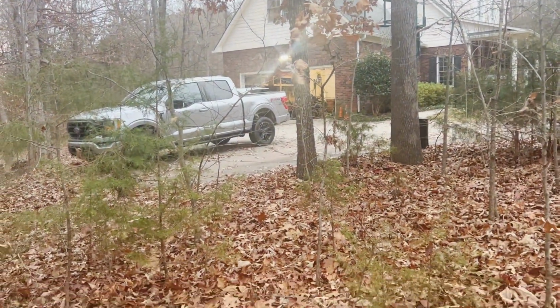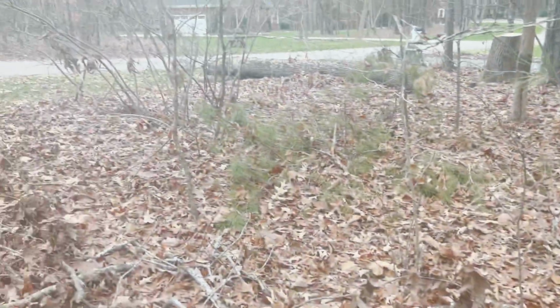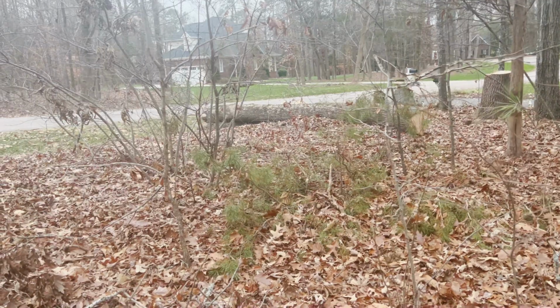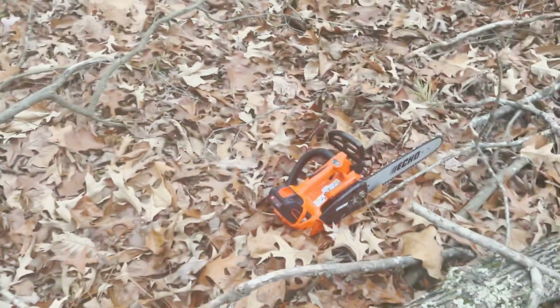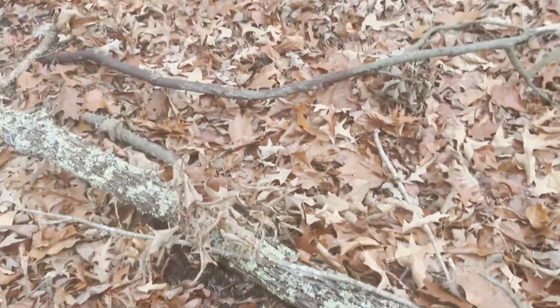Okay, I'm just outside my garage here in this wooded area on my property. If you remember, there's the remnants of that huge tree that we took down a few weeks back. And this is just one of those pieces that fell off from another tree here, probably way the heck up there. In fact, well, I don't know which one it is, but anyway, this is a perfect size for the electric